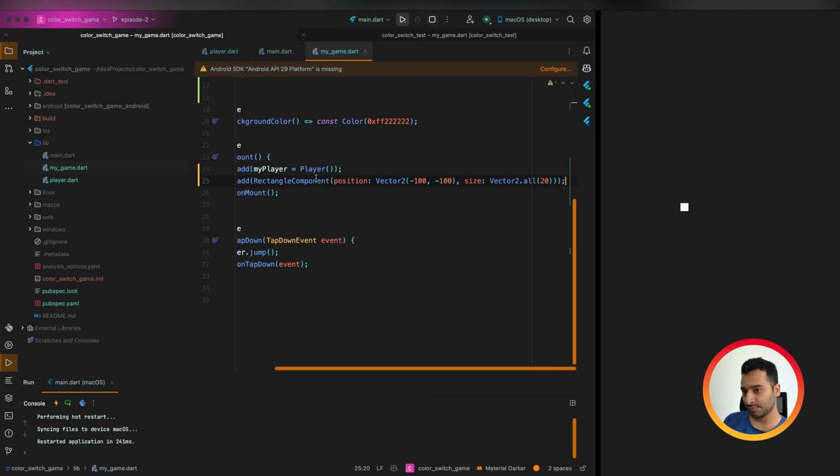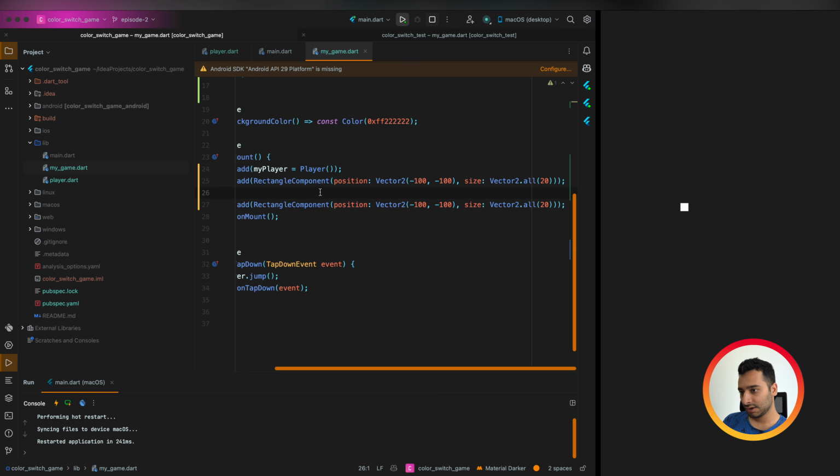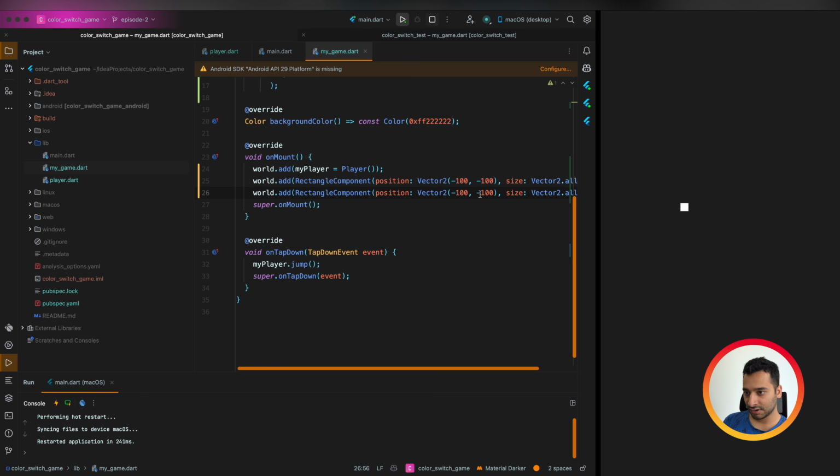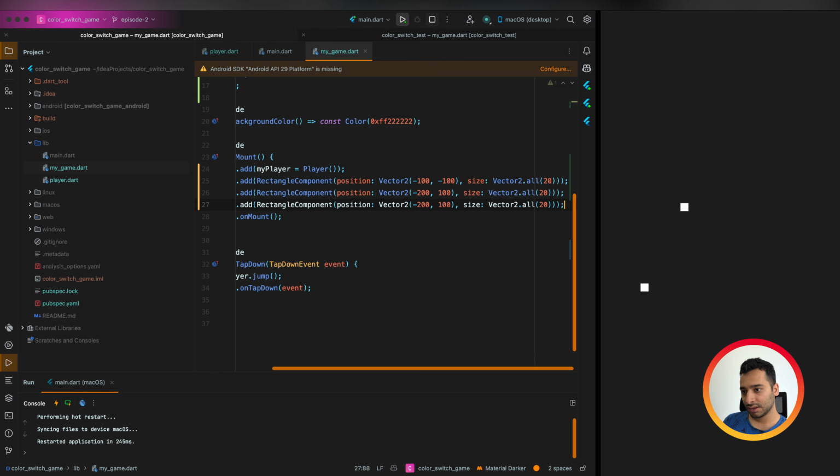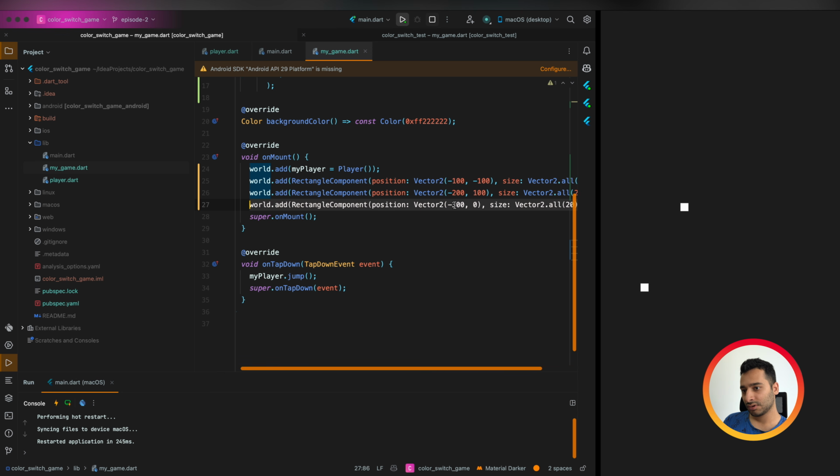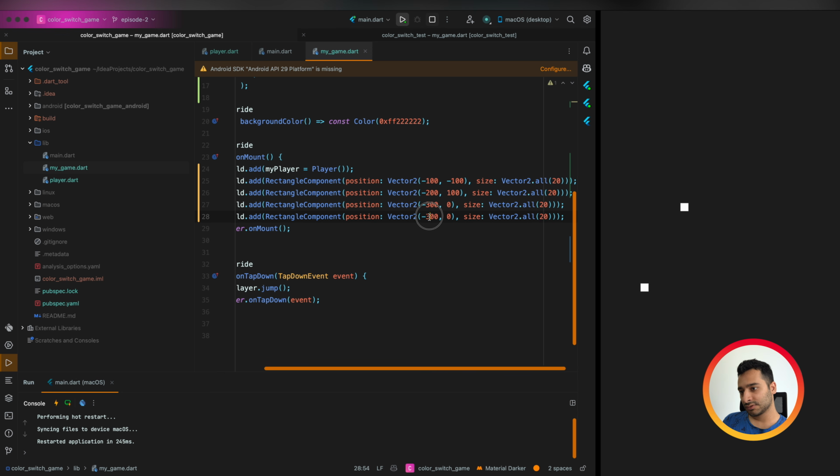Let me add some more of this component. We can say 100, minus 100, minus 200, and this time 100, and again minus 300 and 0, minus 400 and 100.